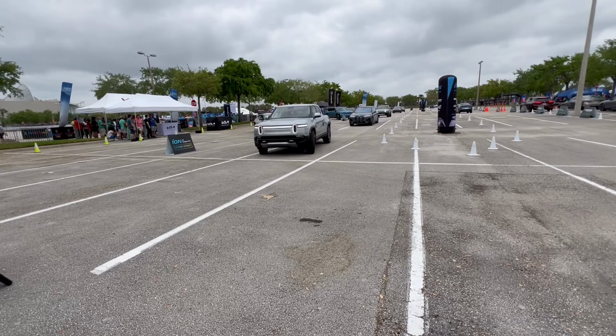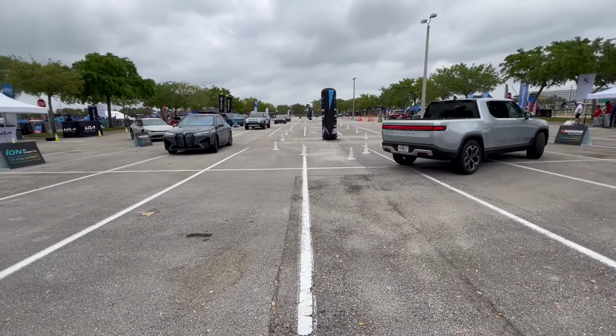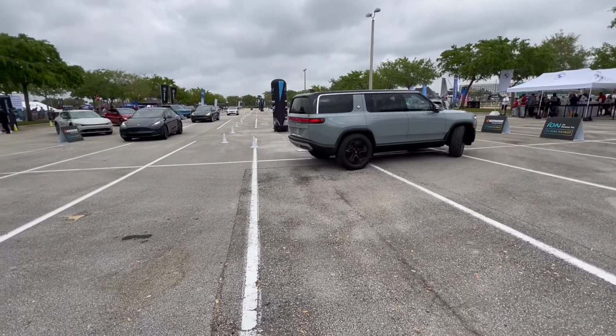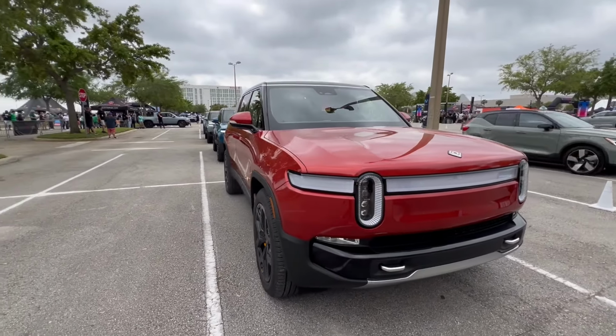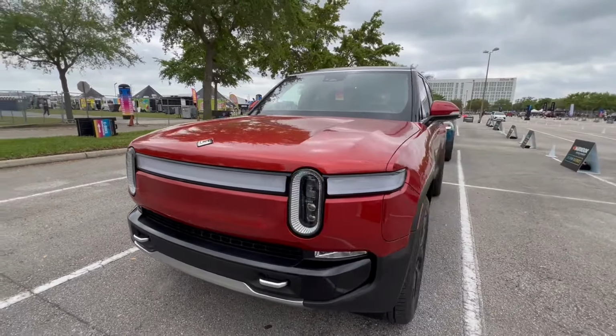And there's not a lot of incentives here for people to get electric cars, but there's a lot of electric cars in Florida. They work great here. We have pretty good temperatures here, so you don't have to worry about that. There's lots of charging places, and I think about 70% of our electricity comes from compressed natural gas. So that's better than if you were getting it from diesel or fuel, if you're worried about saving the planet. So Florida is the second biggest place for electric vehicles, and I was very happy to